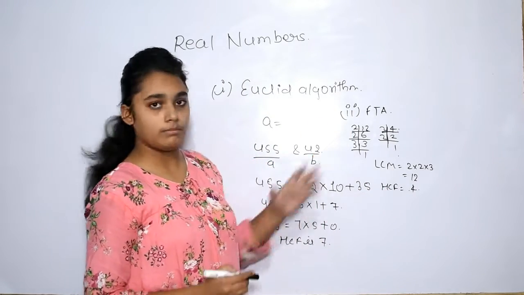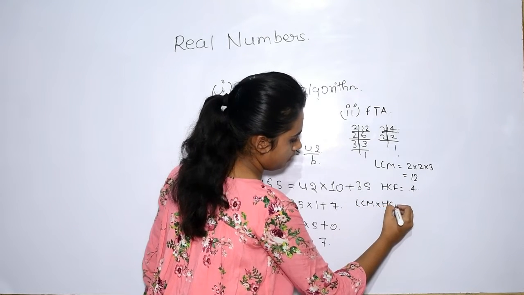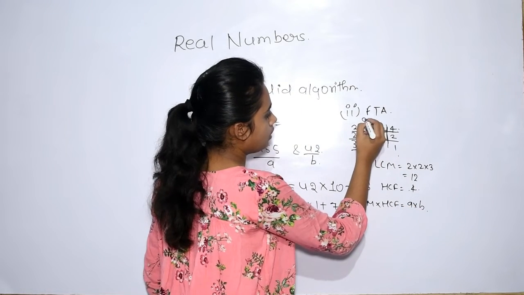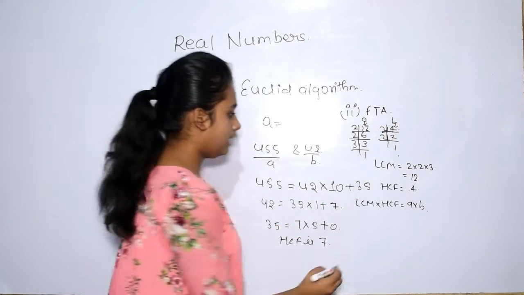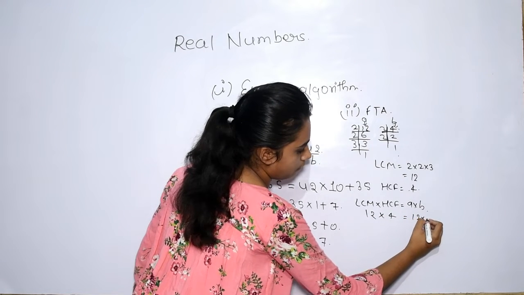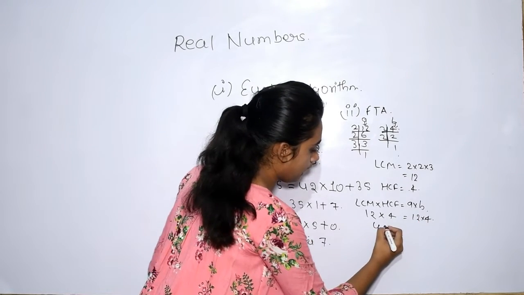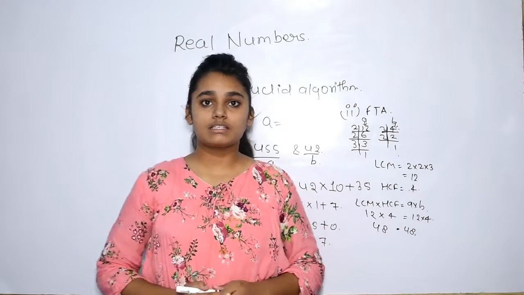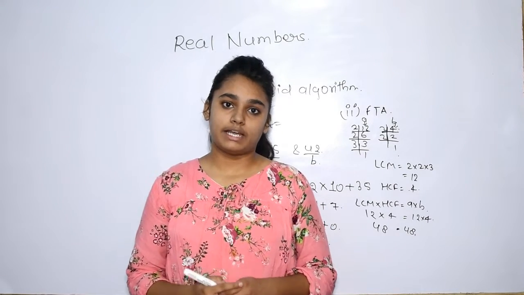So in this theorem, LCM times HCF is equal to the product of the two numbers. Here our two numbers, a is 12 and b is 4. So we have to write here our LCM is 12 and our HCF is 4, and our two numbers are 12 and 4. By multiplying these numbers, we got 48 equals 48. LHS equals RHS. This is the topic which is used for checking whether our LCM and HCF are correct or not.